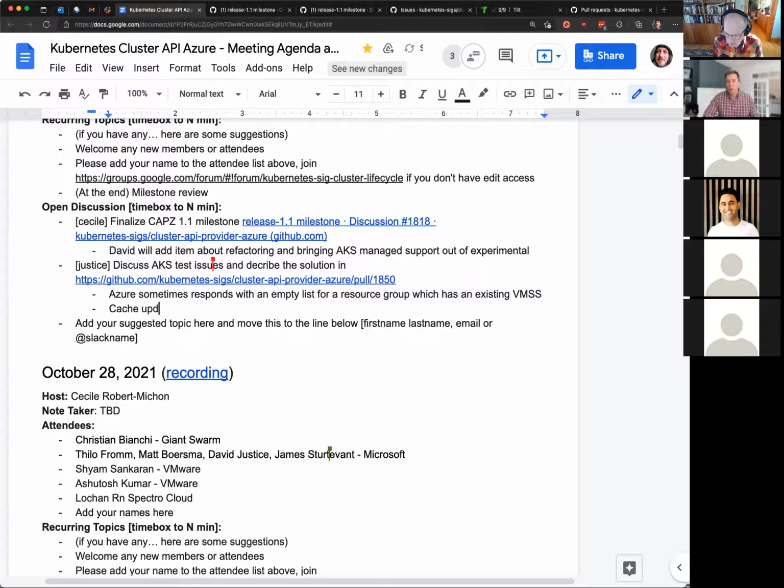So what this code change does is it directs VMSS list calls to the region where we expect them to be. And the latency for cache updates there is extremely low.